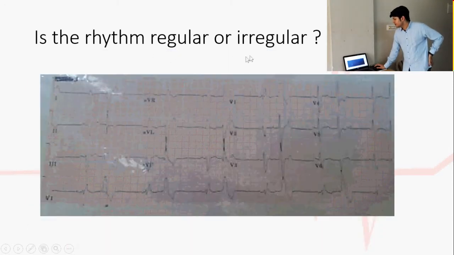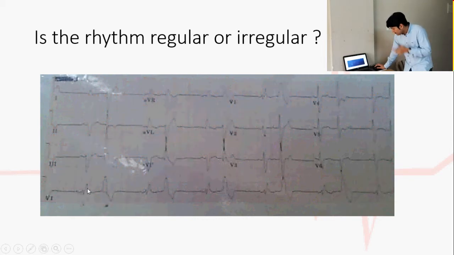Now this rhythm, is it regular or irregular? If you see here, the RR interval between this and this is around, the ECG is not clear, but you can say it might be covering mostly 2 to 3 large squares. If you see from this R to here, it's more than 6 large squares. If you go again here, again it's 2, but you can see the RR is actually changing, but there is a regularity. One small amplitude wave, then large, one small, then large. So there is an irregular rhythm but with some regularity.